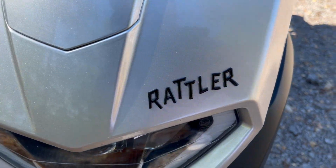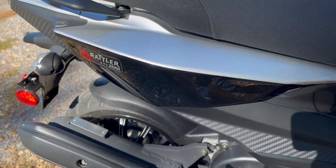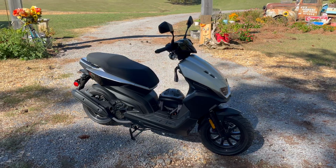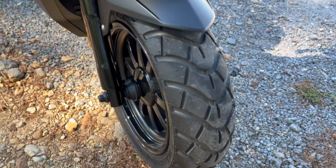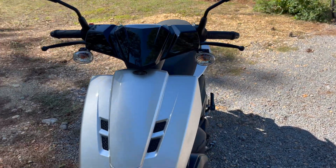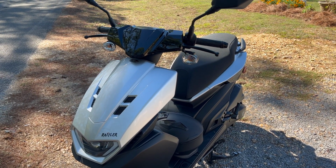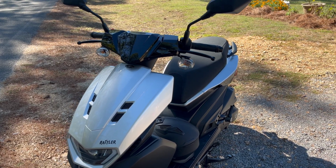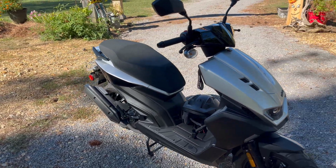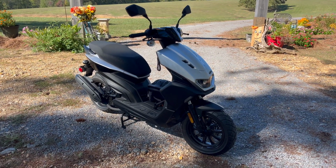Today, I want to do a follow-up on my scooter, my genuine Rattler scooter, Rattler 200i, because believe it or not, it's been 1 year since I purchased this scooter and since I had it out here filming. It's actually been a little over a year and 2 months since I purchased this and started riding it, so I thought I would celebrate by going over just how it's gone. Have I had any problems? Are there any things I don't like about it? Do I still like all the stuff that I said I did before? Well, I've created a list, 10 things in no particular order that I think will explain my experience with this